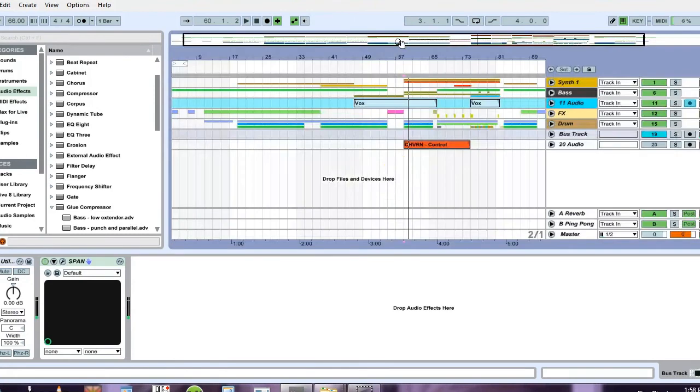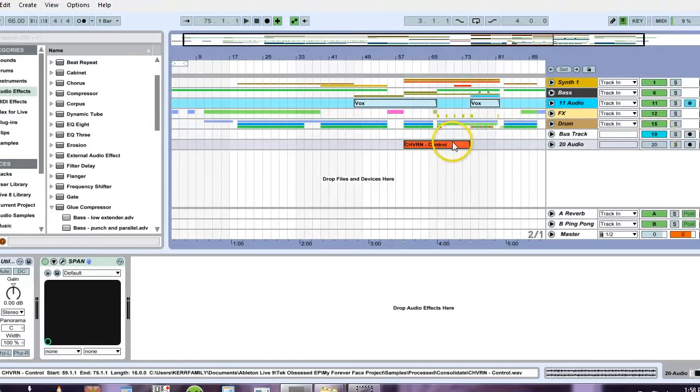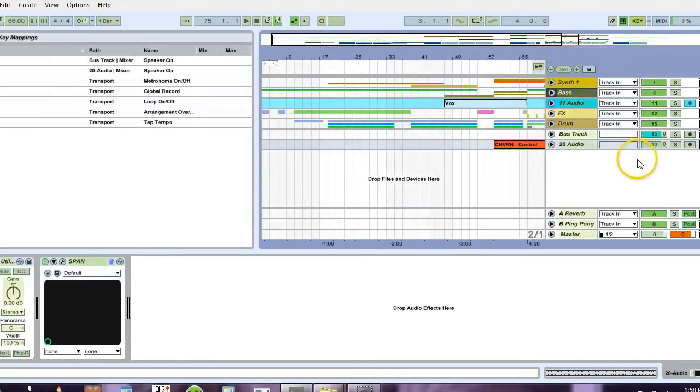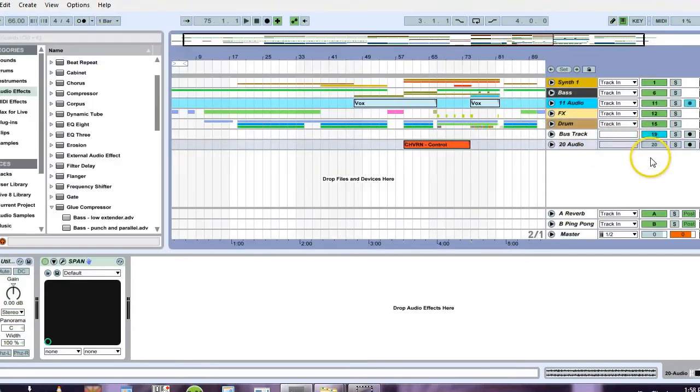So the first thing I want to do is, during the heaviest part of the track, if you look over here, I've got my reference track, and it's turned off, and I have my bus track, and it's turned on. If I go to Control K and set up my key mappings, you'll see that both of these are set to key number 0. What that does is when I hit my 0 key on my keyboard, it toggles between those two, so I can get an accurate A and B comparison. So let's listen. My track,